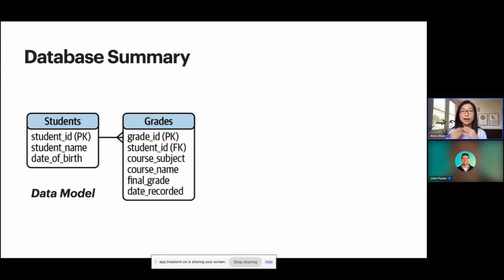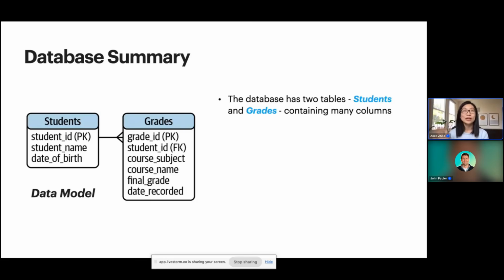If you are at a new company and you want to better understand their database, typically what happens is they'll give you a big sheet of paper with all the tables, and then you'll see how they are all connected. And so if you look here, the first thing to know, again, is that there are two tables. You have the students table and the grades table. And then everything listed under, those are all the columns that each table has, which we saw in the previous slides.